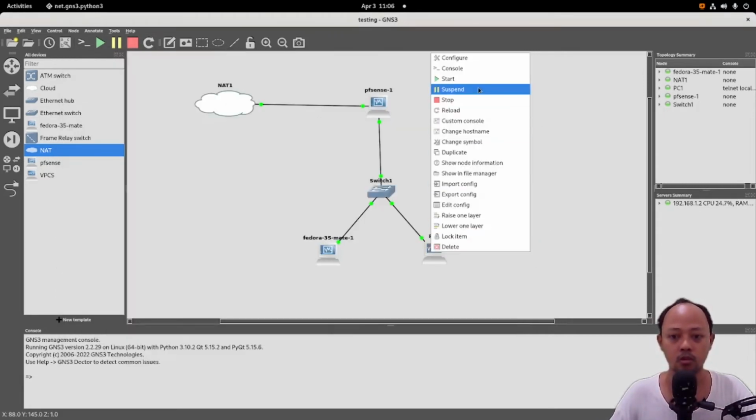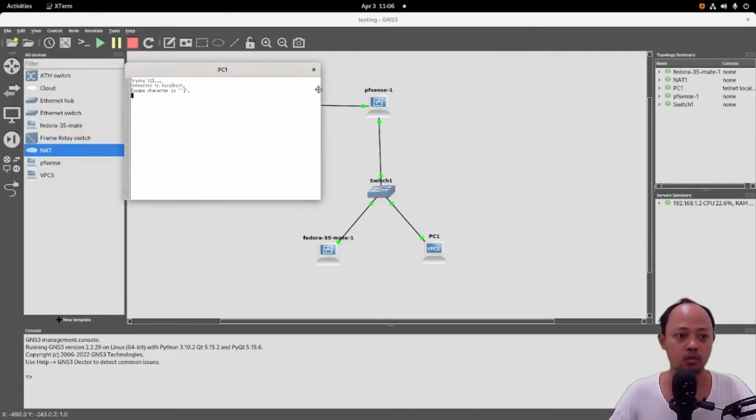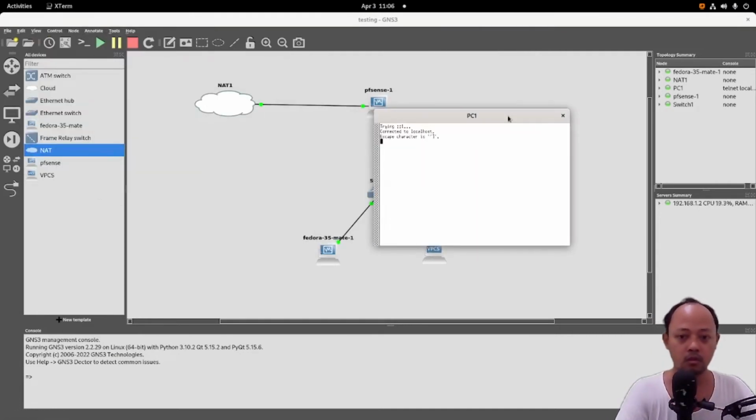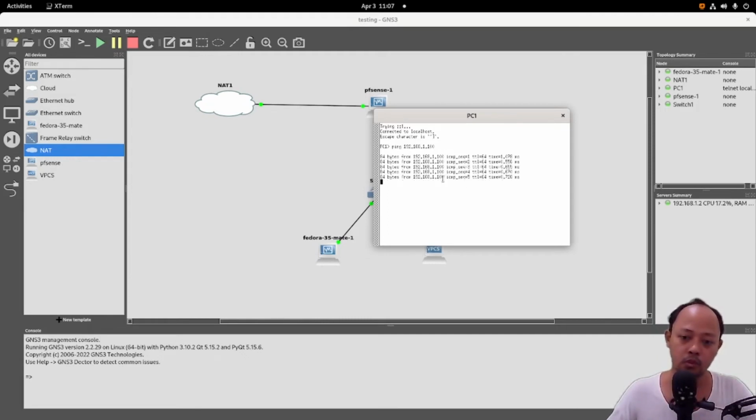We will try to ping the Fedora at 192.168.1.100. So from the VPCS I can ping the Fedora.